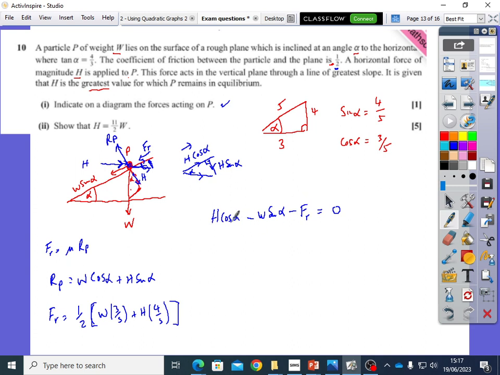So I'm going to put it all in here. So that's going to be H cos alpha, which is 3 over 5, minus W sine alpha, which is going to be 4 over 5,